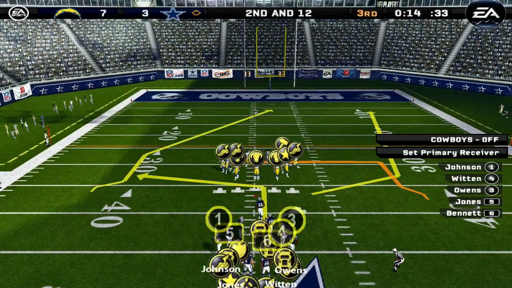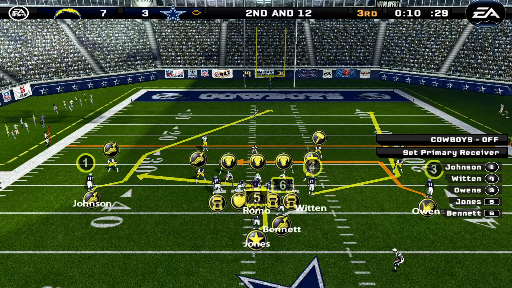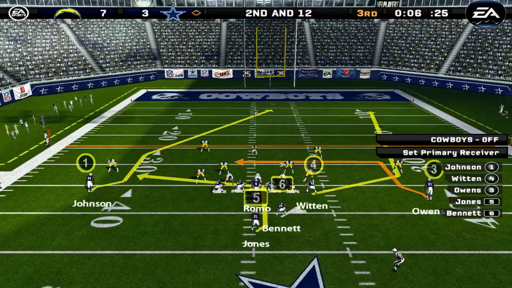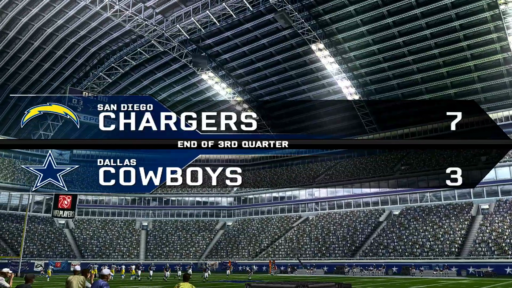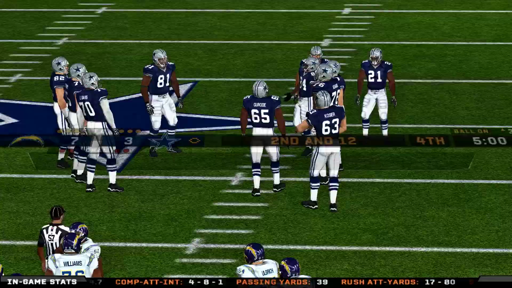Second and 12. All right. Ball on the 36-yard line. I wish I knew which one's Quentin Jammer. I think he's over there on the right. Watch the snap down. All right, here we go. Stay posted now. Saved by the clock there. I think the play action pass is a bad idea because